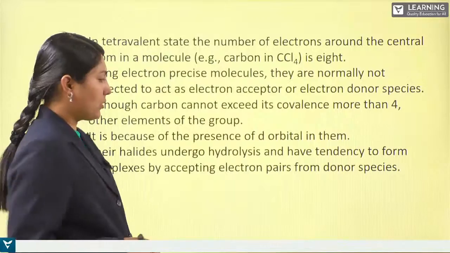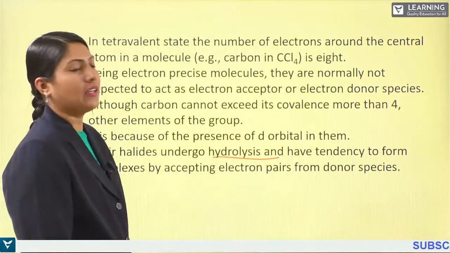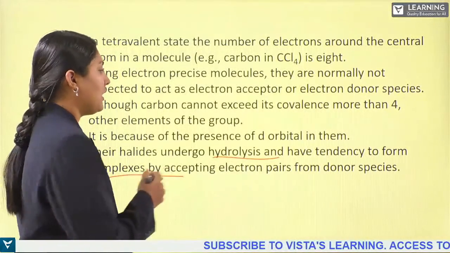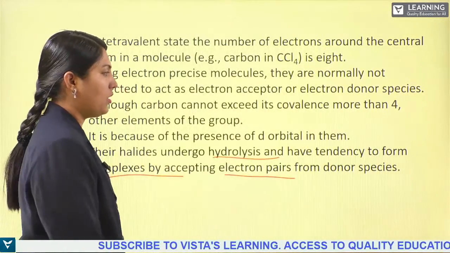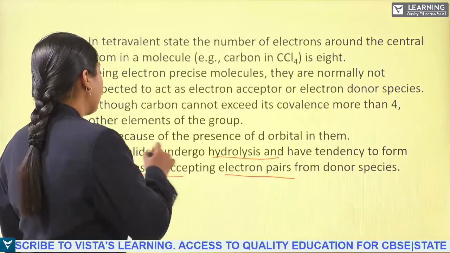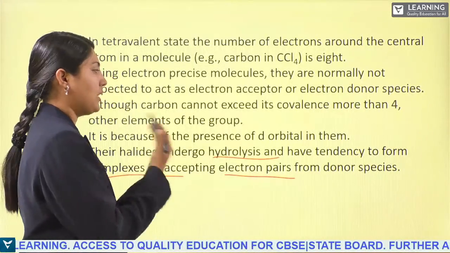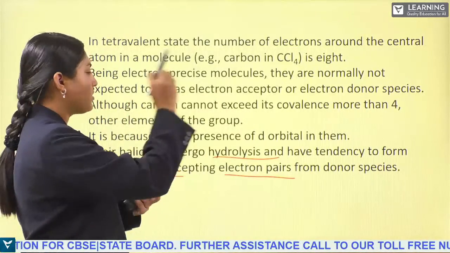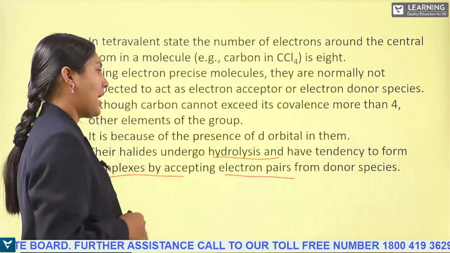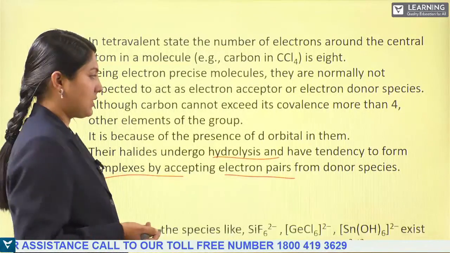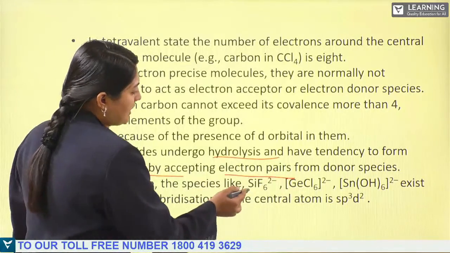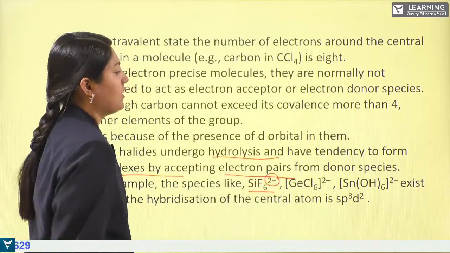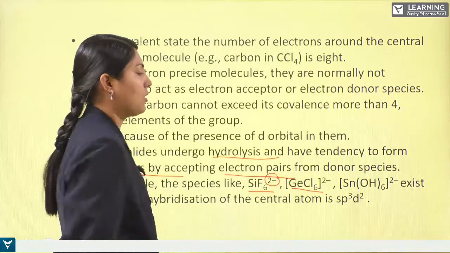And their halides undergo hydrolysis and have a tendency to form complexes by accepting electron pairs from donor species. As we say, the halides of the group undergo hydrolysis. So what happens? On hydrolysis, the halogen can be removed and we can add the electron donor species. For example, species like silicon hexafluoride, and germanium hexachloride,